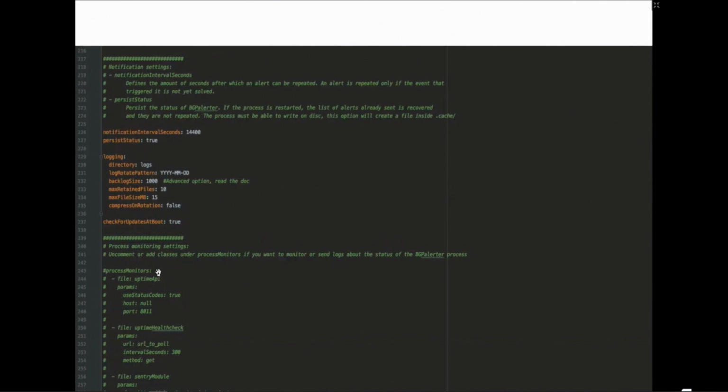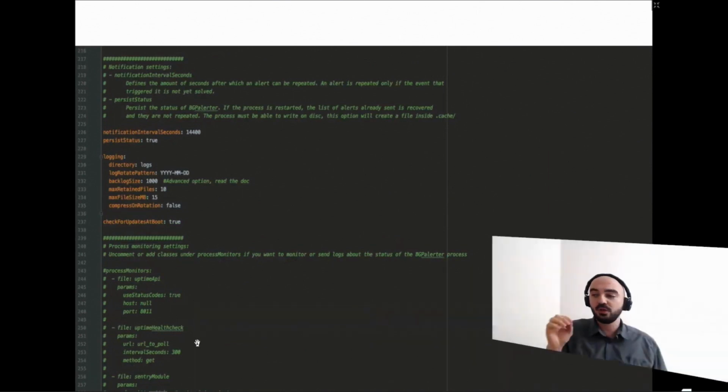Now, a really important part is this process monitor. When you use BGP Alerter in production, you need to monitor the BGP Alerter process. You need to be aware, when BGP Alerter is silent, whether it is because nothing is happening or because it's not working at all. For example, connectivity is not working, the VM went down, or things like this. You need to monitor the monitoring process. To do that,